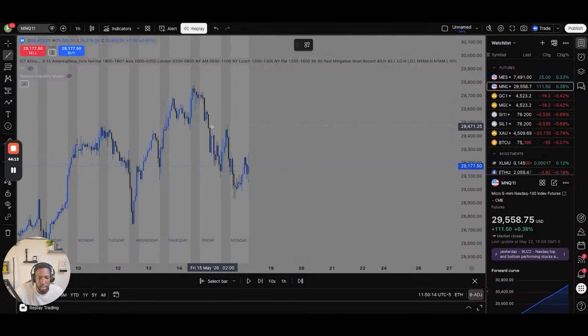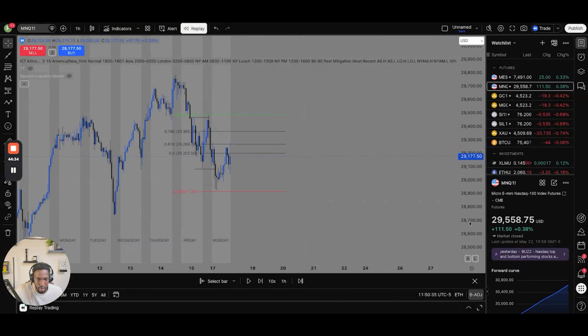So what does that mean? This is a liquidity sweep. This is a new low that it put in. So this low made the liquidity sweep, and the liquidity sweep put in a new low past this low. So this is my range. So I'm going to draw it from here